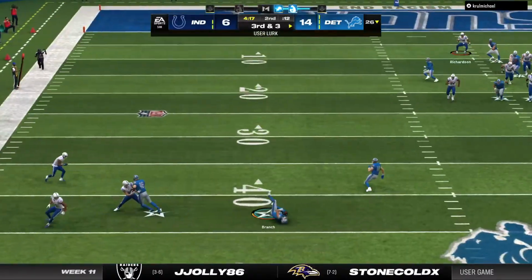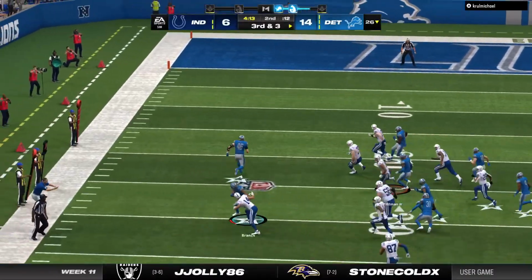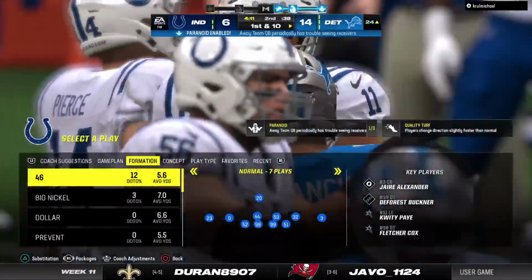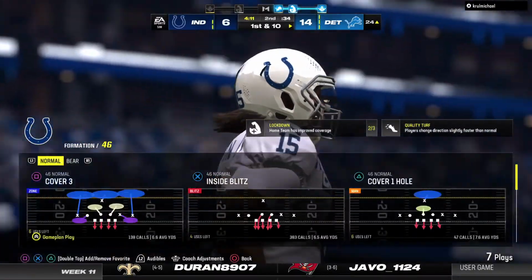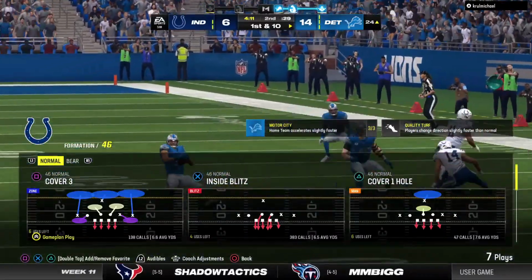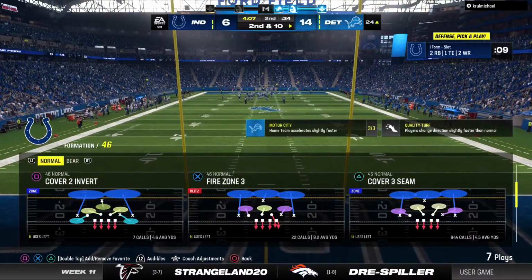Oh, and his early struggles continue. Here's another one intercepted. It's Brian Branch with it. CD, I know it's just his 2nd year in the league as a quarterback, but that's going to be one when he flips on the tape, he's like, I shouldn't have thrown that ball. No doubt about it, and his coaching staff will be emphatic about he shouldn't have thrown that ball. But remember, 2nd year, as you noted, on-the-job training, so he's got to take this feedback that he's...